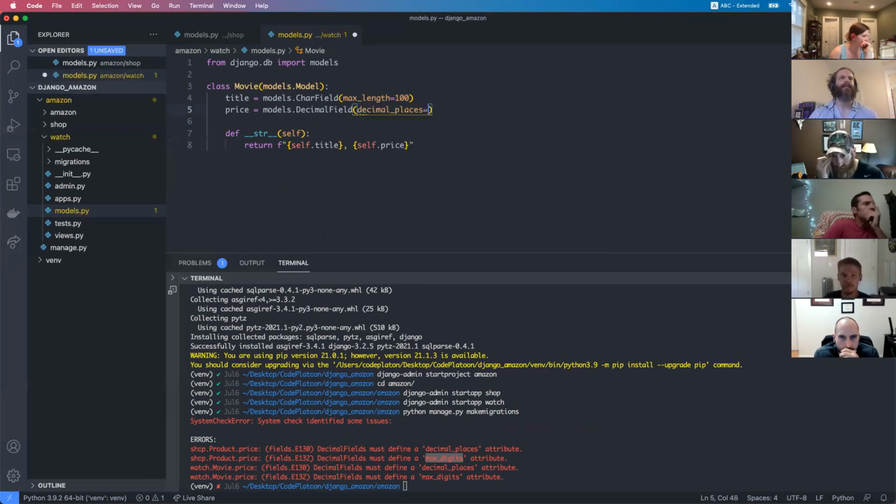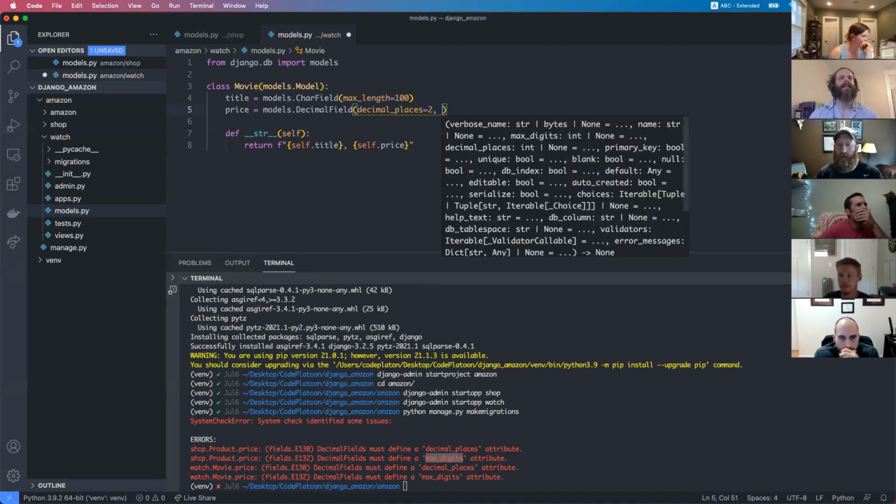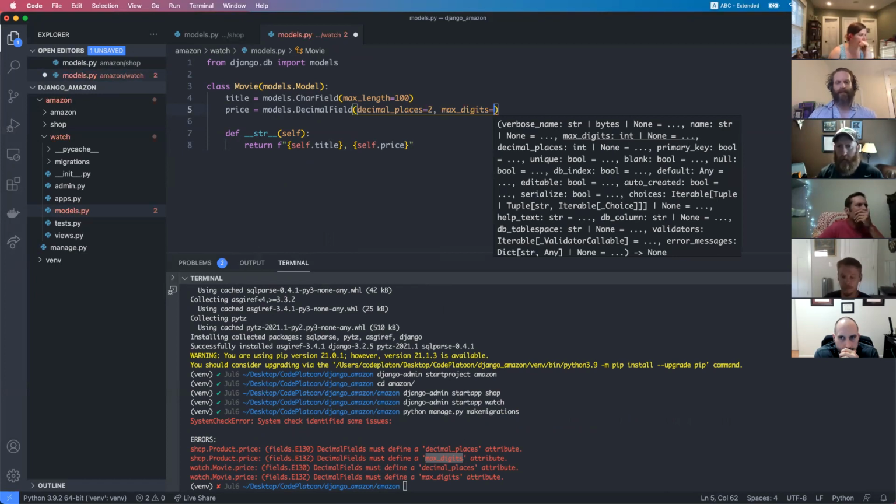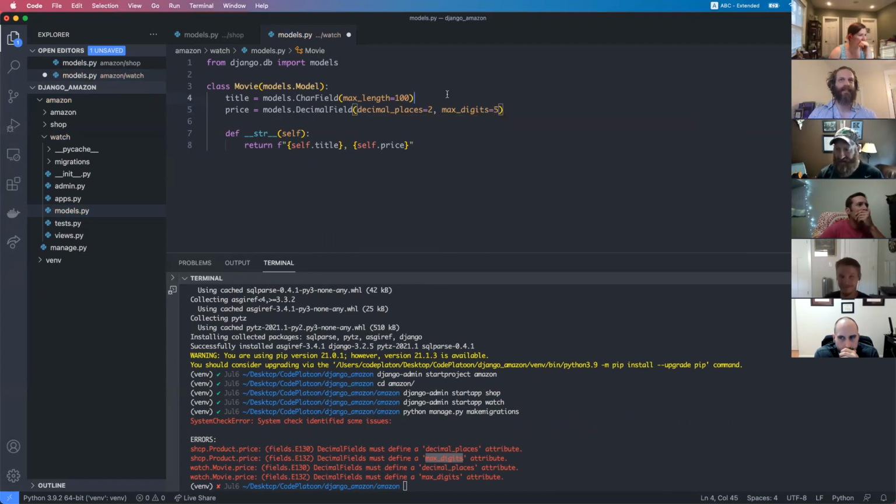So decimal places is going to be money, so we'll do 2. And then max digits, and we could do whatever we want. I don't know how expensive a movie could possibly be, but just to be on the safe side, let's say,